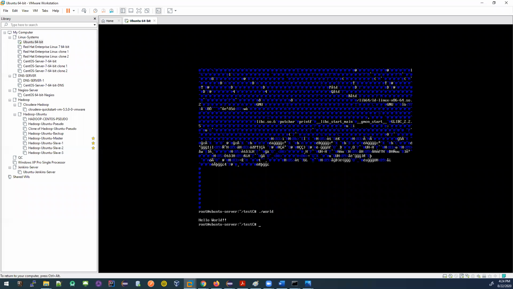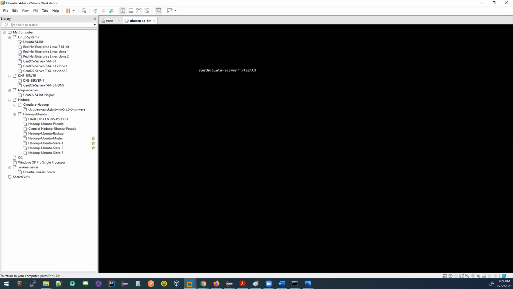Let me remove the file and do it again. I'm just giving the example from this platform. We don't need to learn C, you just need to understand how it's working. Then I can apply this understanding to Java. So now I have only the source code. This is my source code.